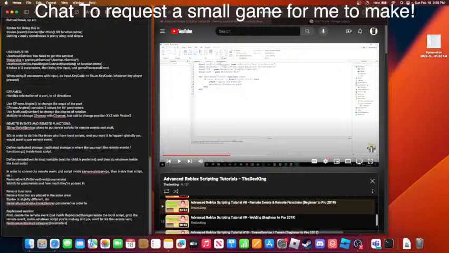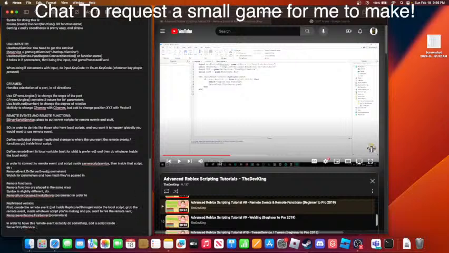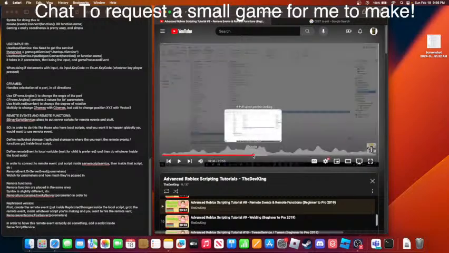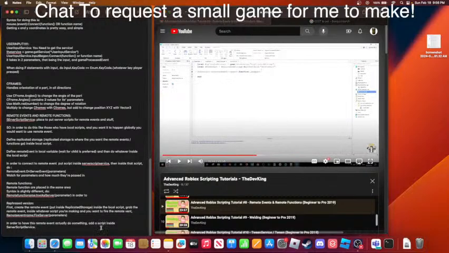In order to have this remote event actually do something, add a script inside server script service, and then he does on server event. So we're gonna mention the remote event